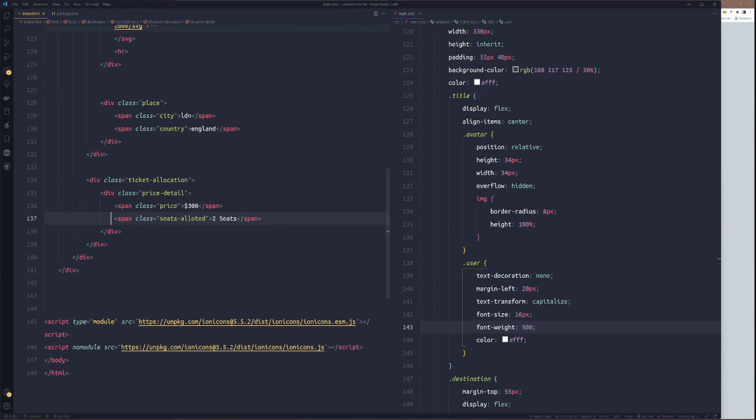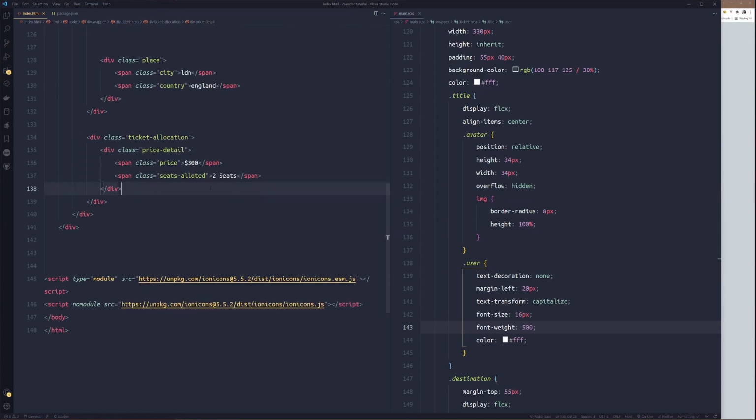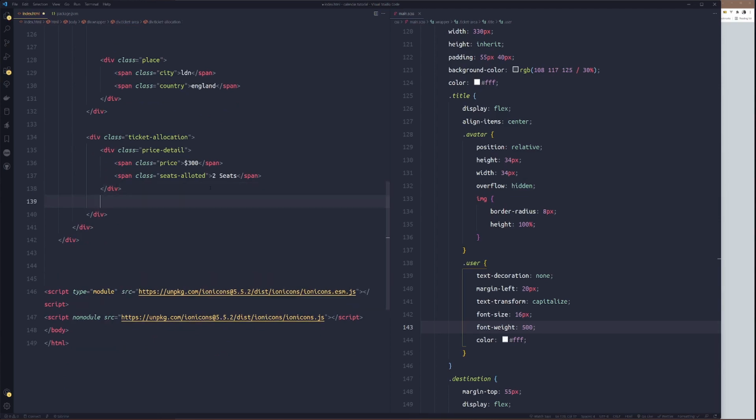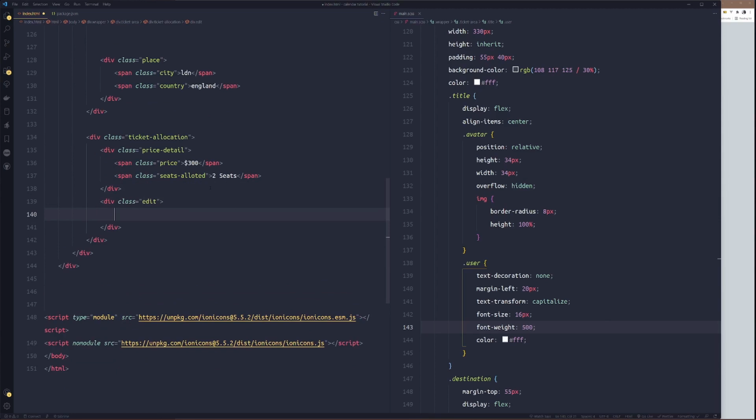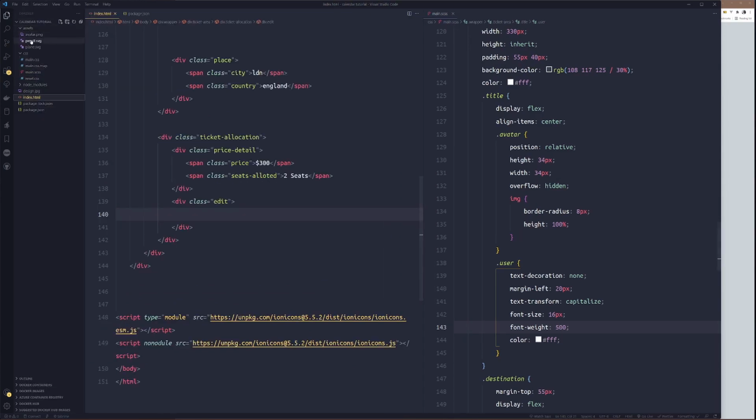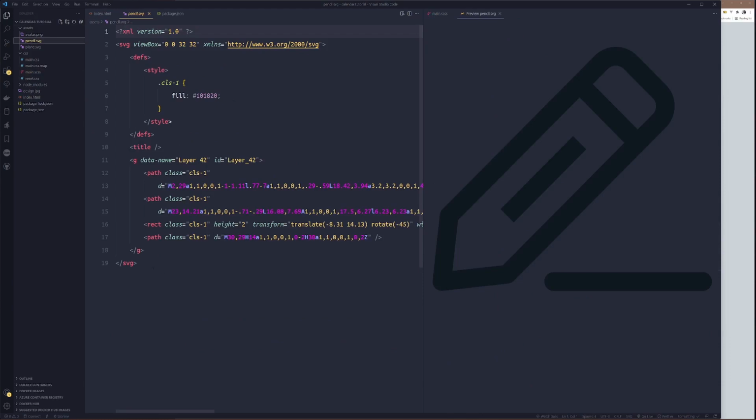Then after the price detail, we'll create a new div class. We'll call it edit. Then inside the edit now, we'll pick out our next asset, which is this pencil here. So just copy from here to here. I'm not copying this XML tag.